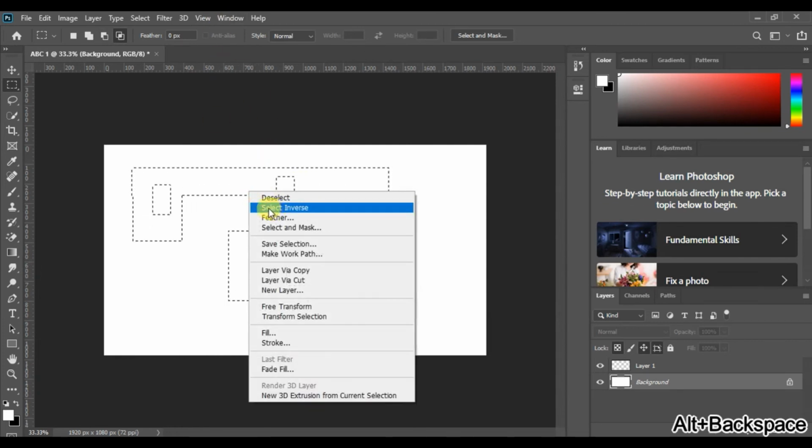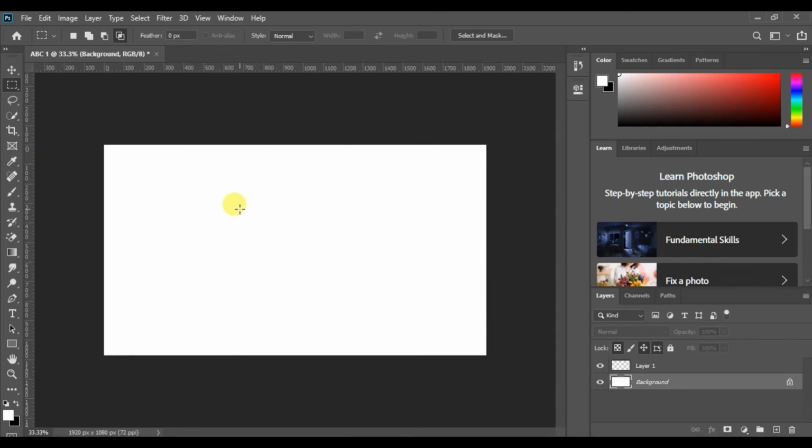To deselect the selected area, you can right click and there is an option of deselect, and you can also use the shortcut key Ctrl D.